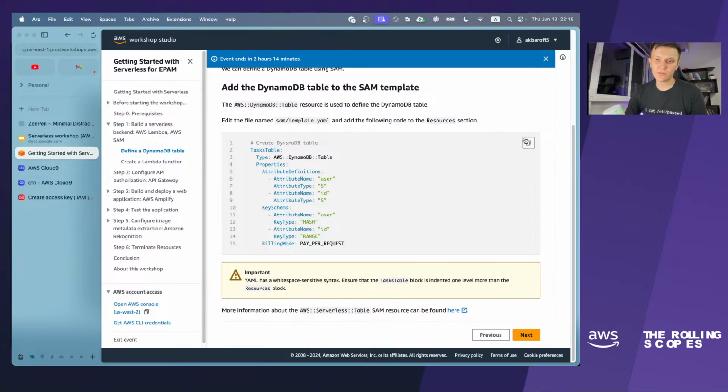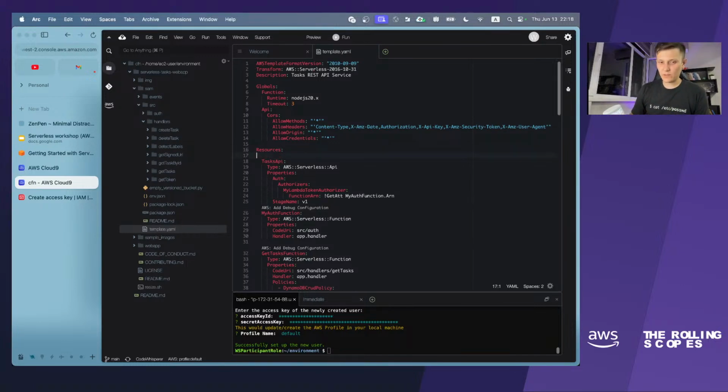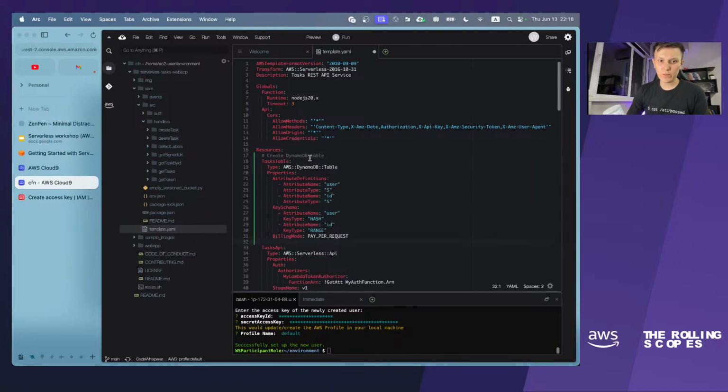Basically, you can just copy this code, go to Cloud9, then navigate to the resources block in the template.yaml, and put the copied code into the resources block right above the Tasks API, for instance. And what will it do?